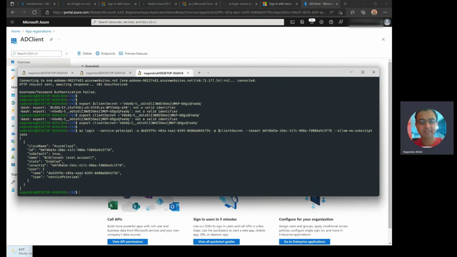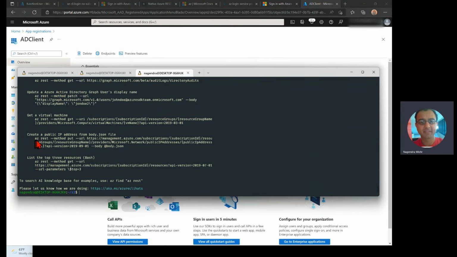The reason I'm doing this is because az has a very nice way to get the token from AD, and it packages it up as the bearer token in my call to the function. So there's a mechanism in az CLI that allows me to make REST API calls. If I look at help, I can see the parameters. So this is what I'm going to use. I'm going to use method get. So let's try that out. So I'm going to say method is get, and the URL I'm going to use